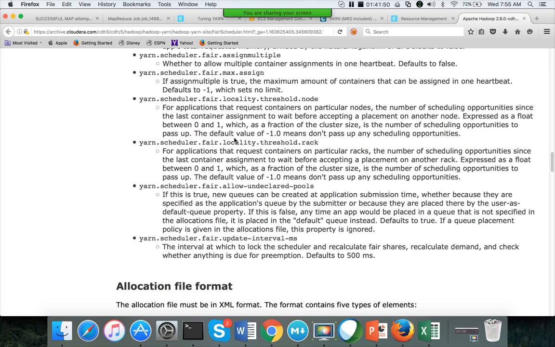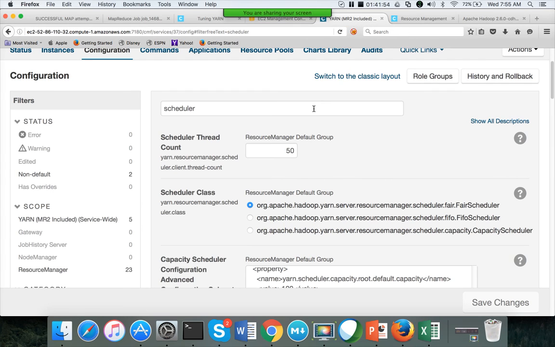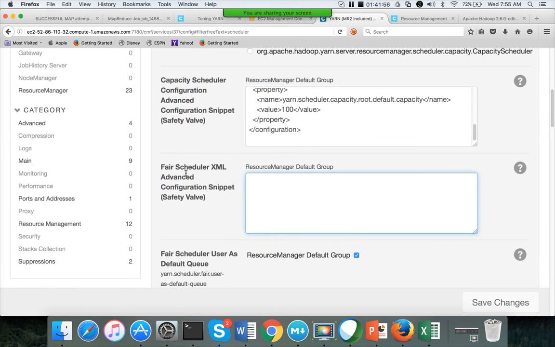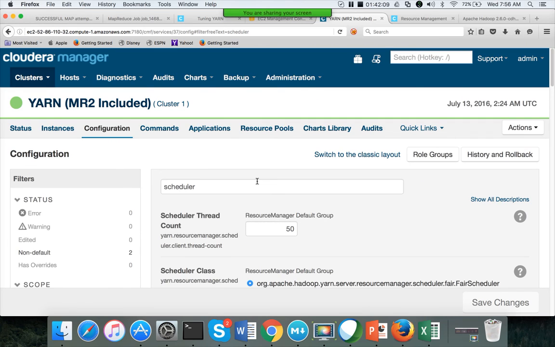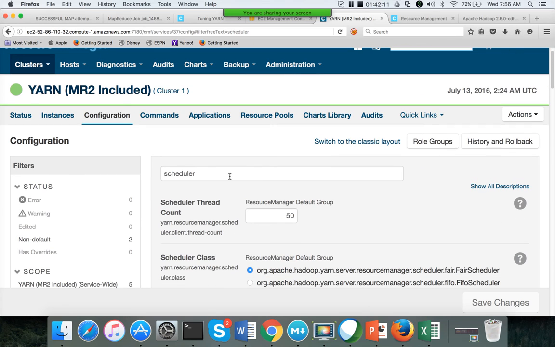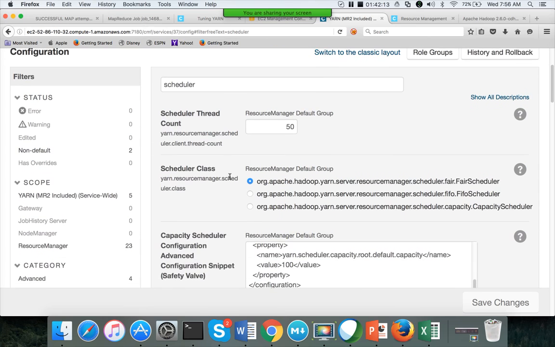If you want to add more parameters beyond what is already there in the fair scheduler, you have to use this fair scheduler advanced configuration snippet, and you have to give properties using XML syntax. Sometimes when you use Cloudera, you might not have all the parameters as part of the XML files, and you have to add them yourself.